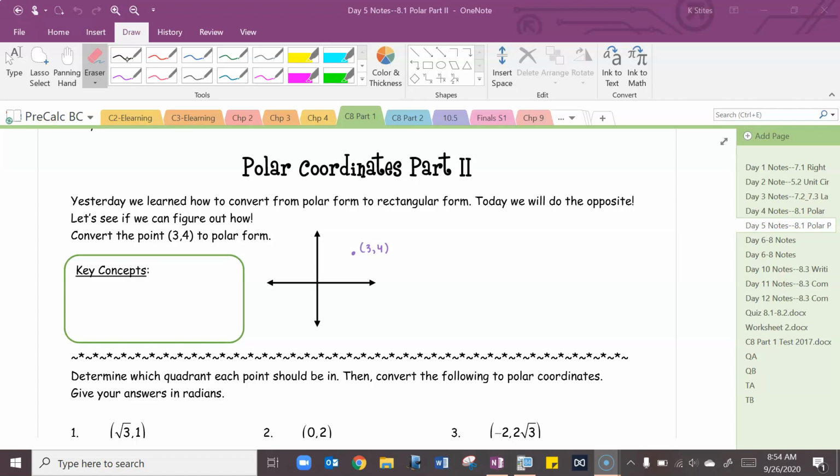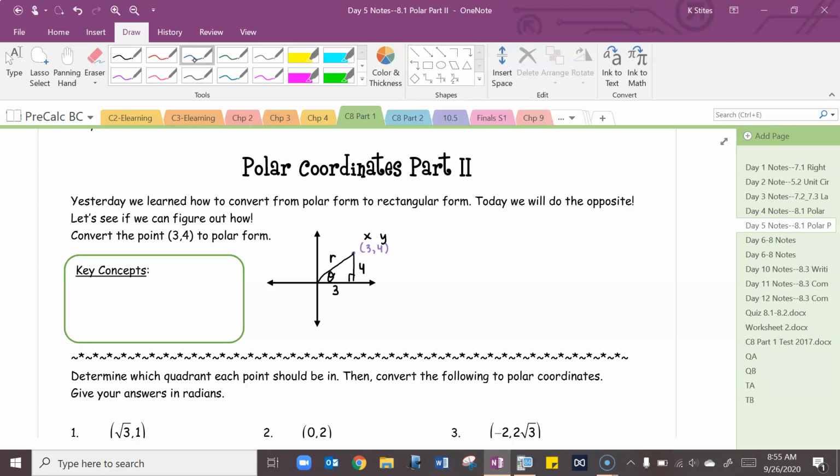3 comma 4, that's my point, as x comma y. And I'm going to go ahead and draw on a triangle. This is theta, which is what I'm trying to find. This is my radius, which I'm trying to find. And my 3 is going to go here, and my 4 is going to go here. Well, I think already based on our knowledge of trig and geometry, we should be able to figure out what